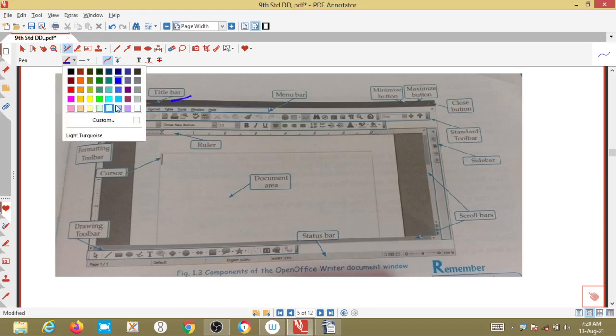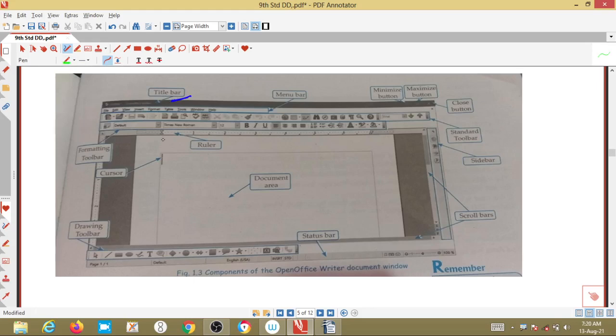What does the title bar contain, and where is it located? It is located on the top of the screen. What does it contain? Sorry, it contains various commands required to create the presentation, that is the menu bar I mentioned.